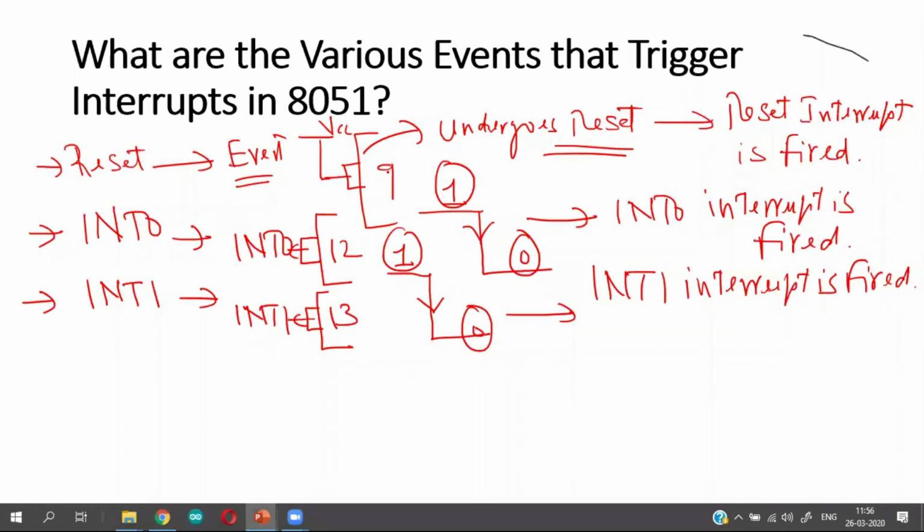Okay, these are the 3 events which will trigger these 3 interrupts. When pin number 9 is connected to power supply, reset interrupt is fired. When pin number 12 undergoes a transition from high to low, external interrupt 0 is fired. When pin number 13 or INT 1 pin undergoes a transition from 1 to 0, external interrupt 1 is fired. Now let us see the internal interrupts. Timer 0 overflow interrupt.